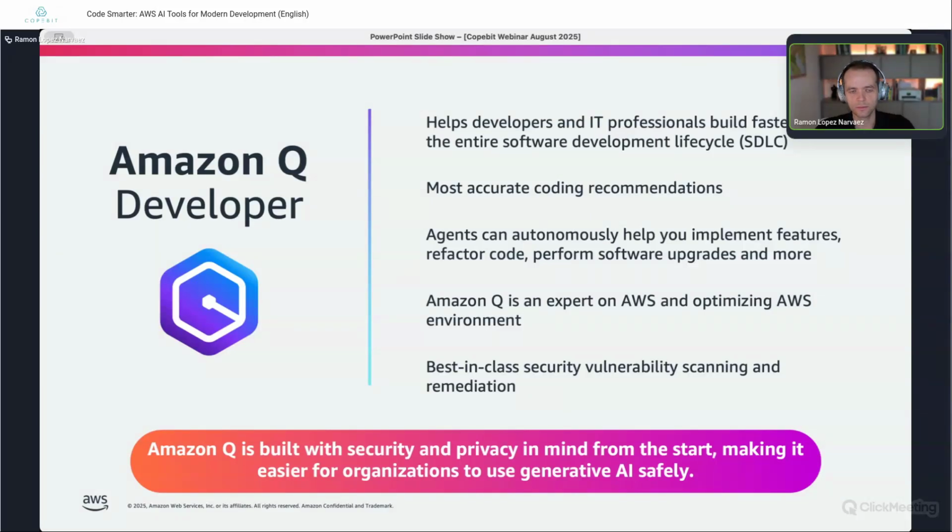These roles benefit from Q Developer as well because they do all of these things, right? They do code from time to time. They do spend time in the AWS console, and they do use AI assistants throughout their day.